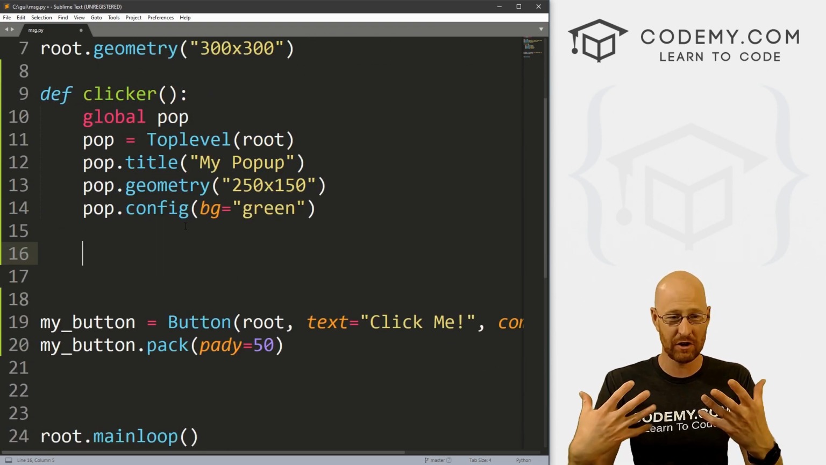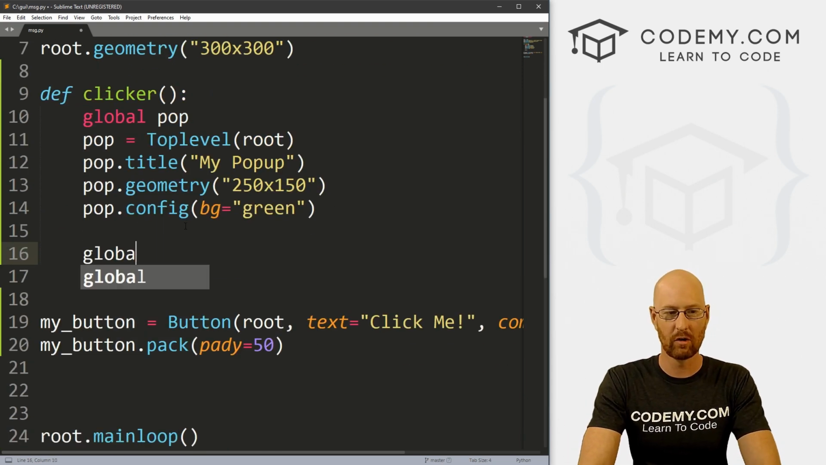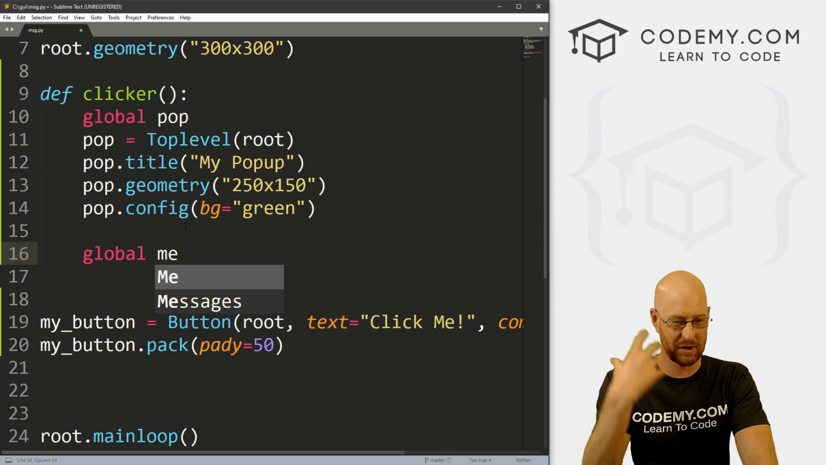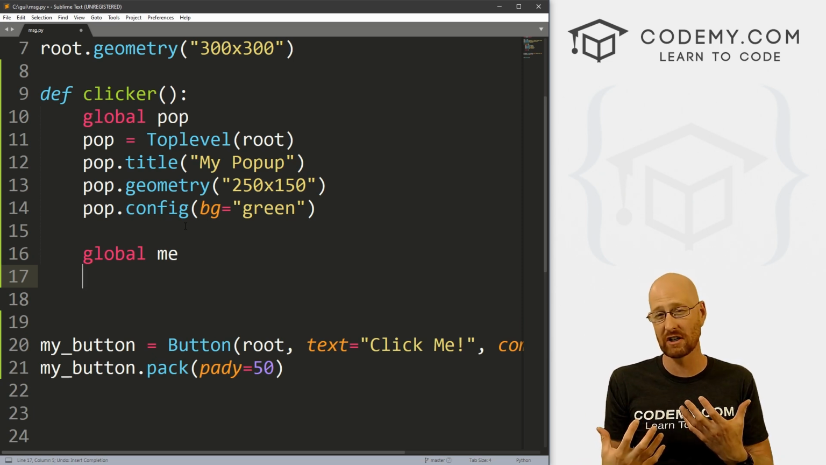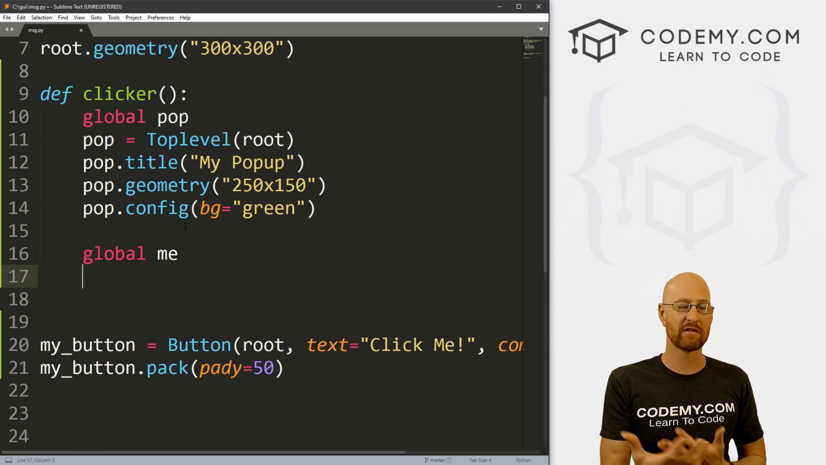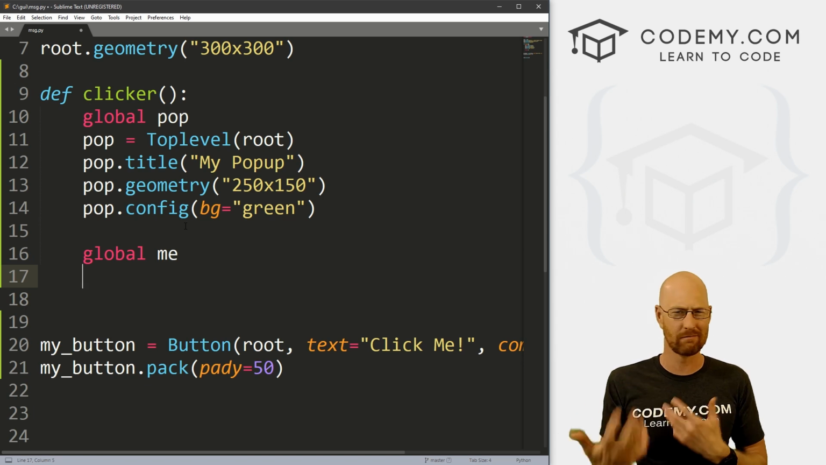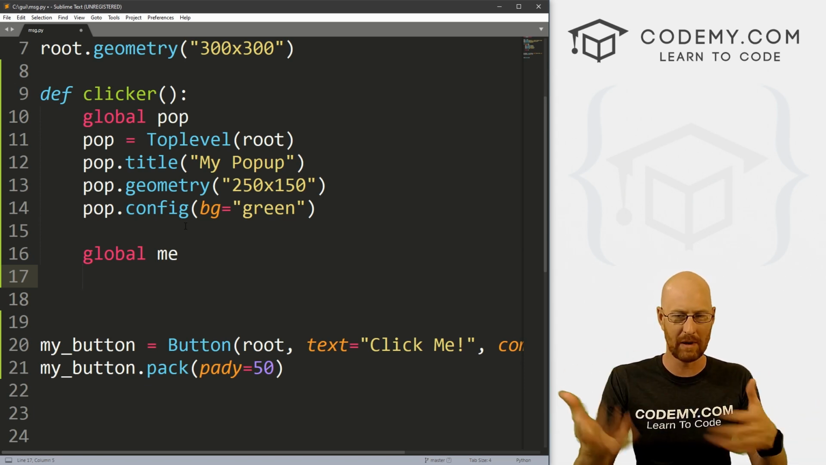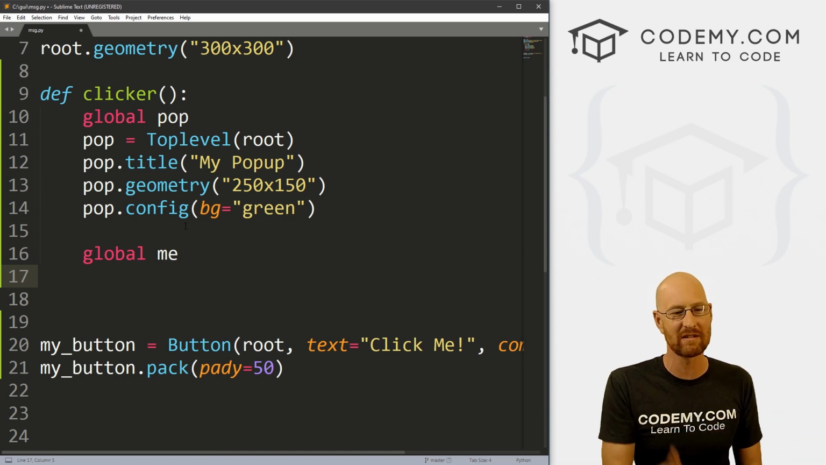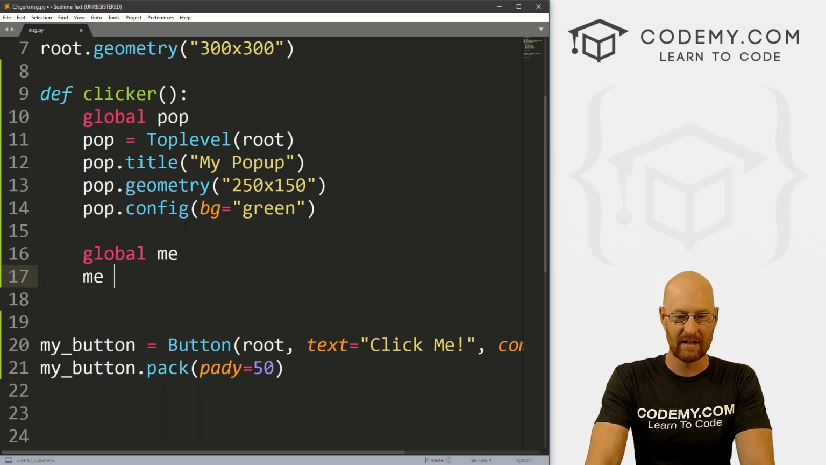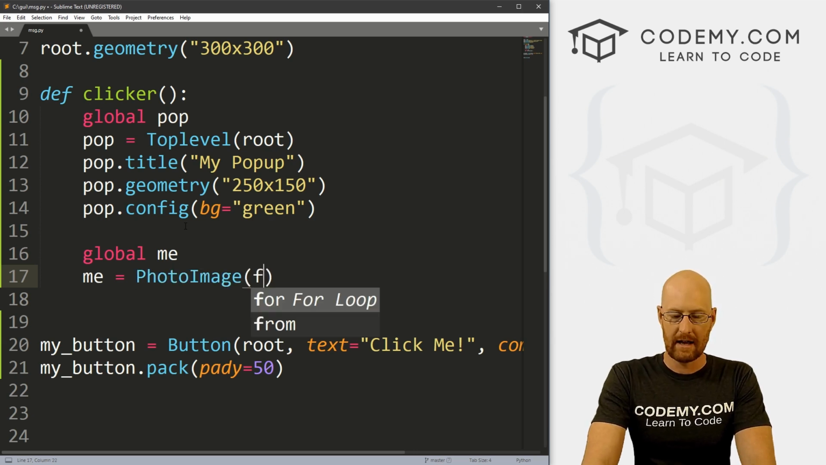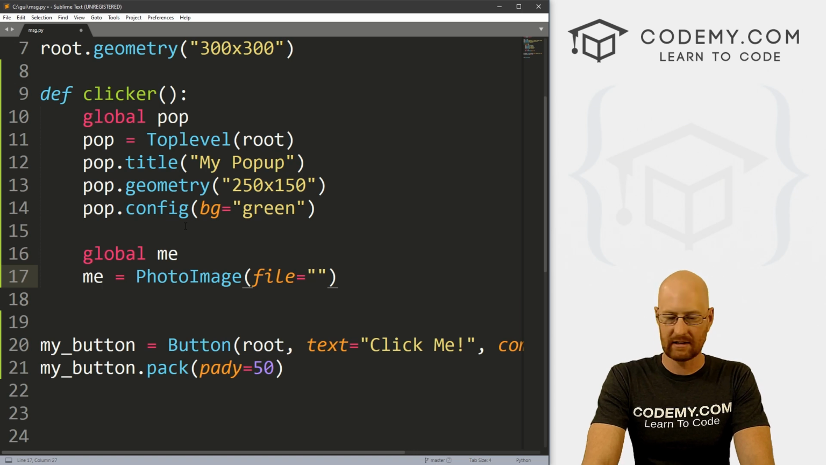So if we want a little picture in there, we can go global, and I'm going to call this picture me. It's a little picture of my head. Now we have to make this global because inside of functions, when you work with images, you have to make them global, or else Tkinter's garbage collection sort of sweeps them up and it confuses it. So we always have to make our images global inside a function. So global me, and I'm going to make this a photo image. And the file for this thing is just in my images directory. And I've called this